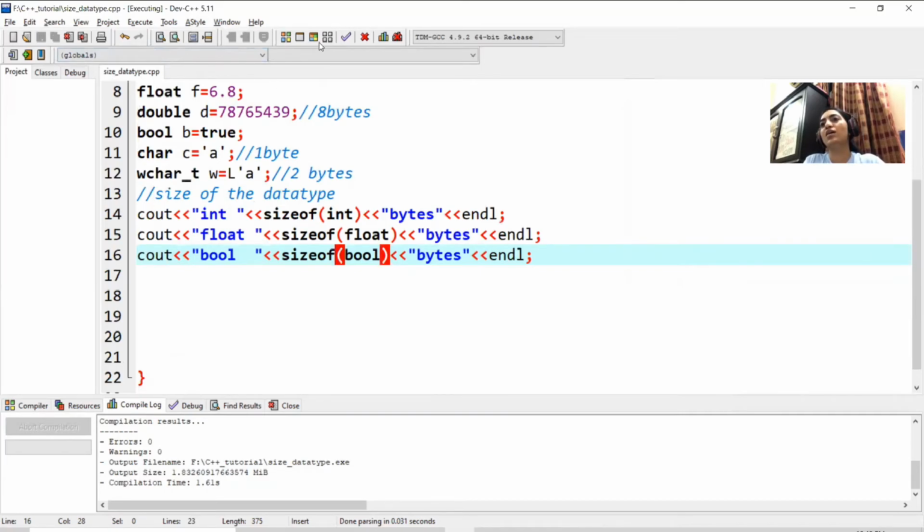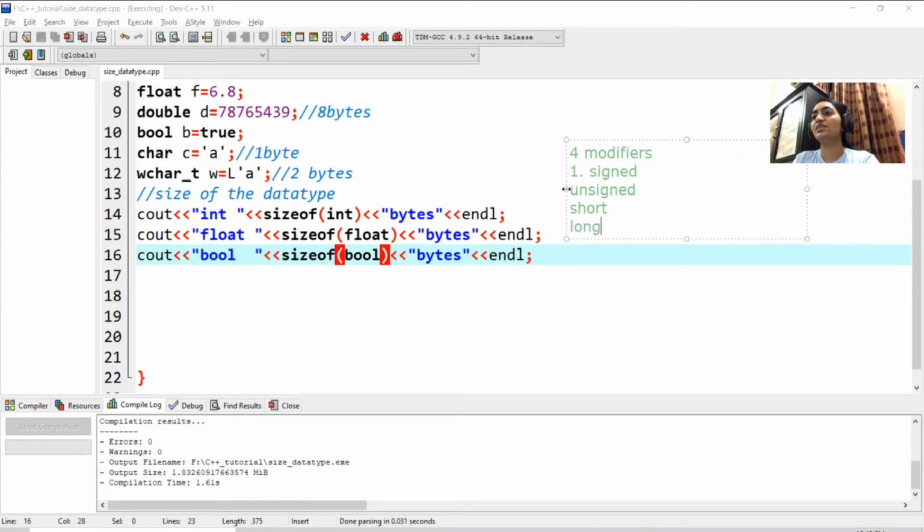Let's quickly see what those are. There are 4 modifiers. First is your signed modifier, then your unsigned modifier, then your short modifier, and then long.